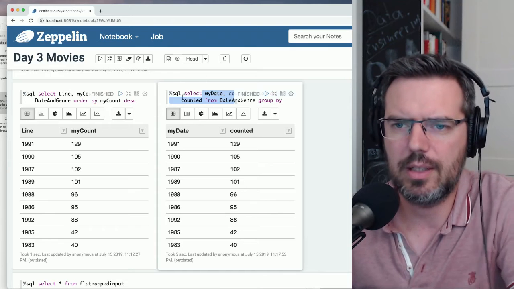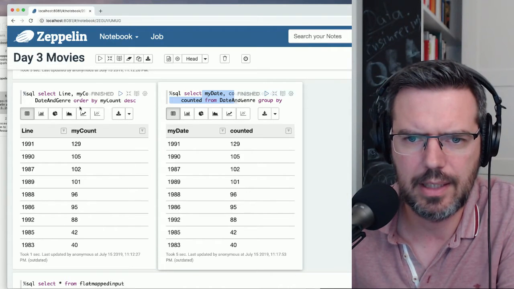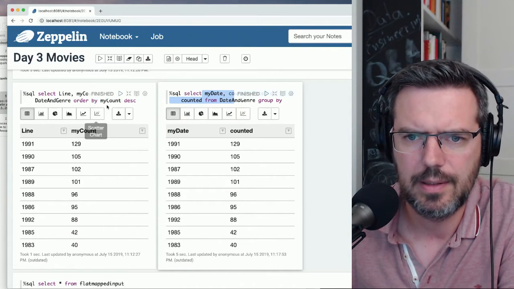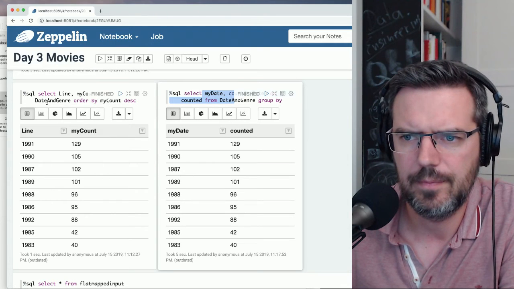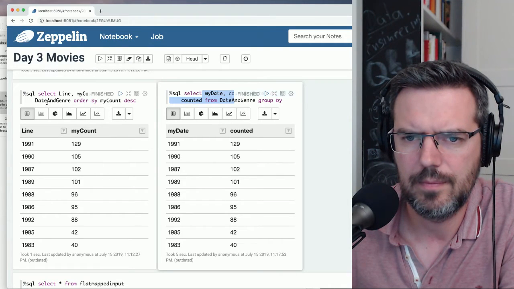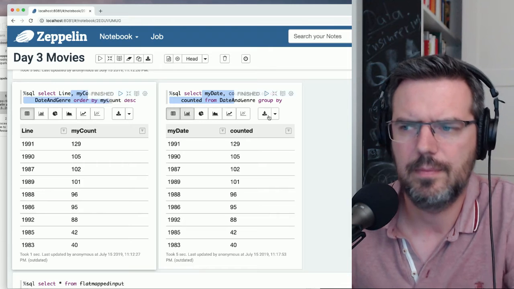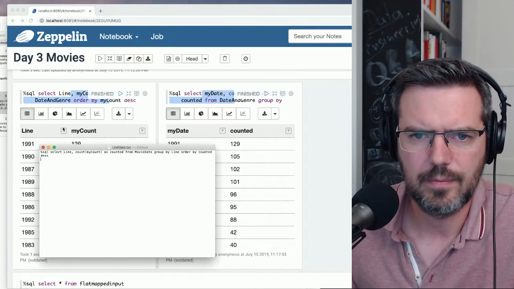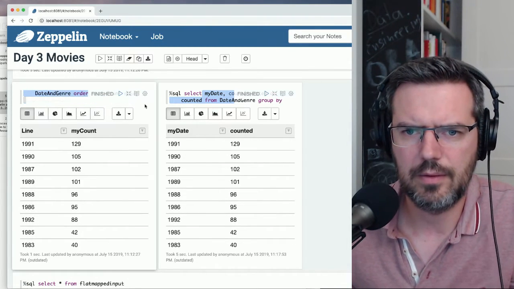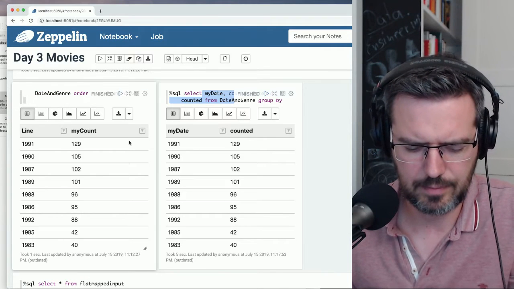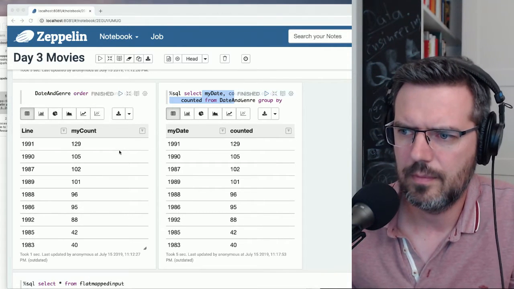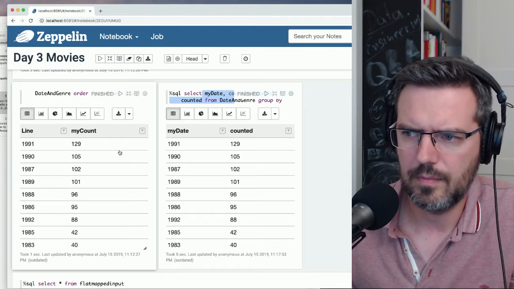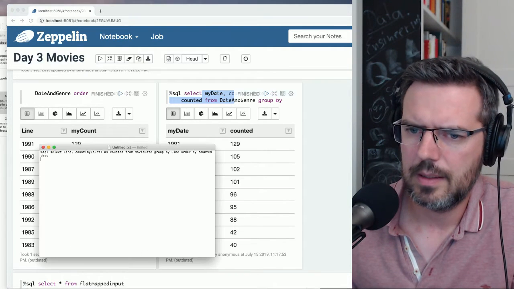Now I cannot see the SQL query anymore. The left one. Copy. Paste.